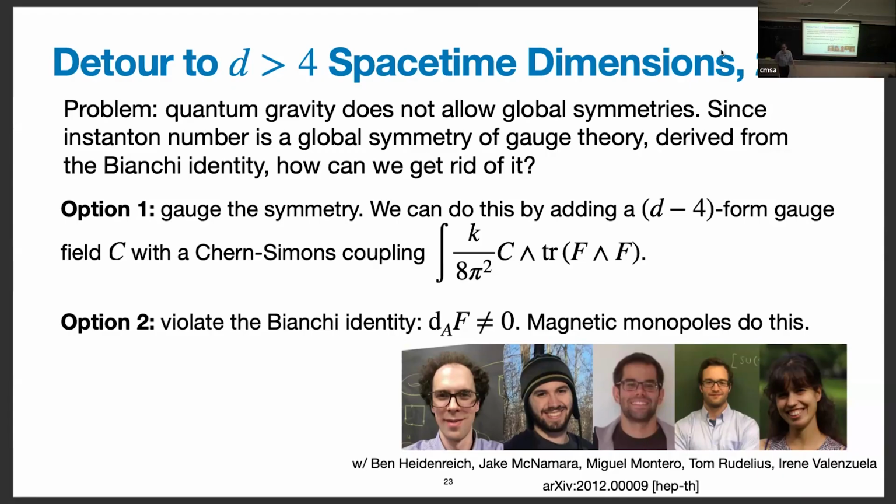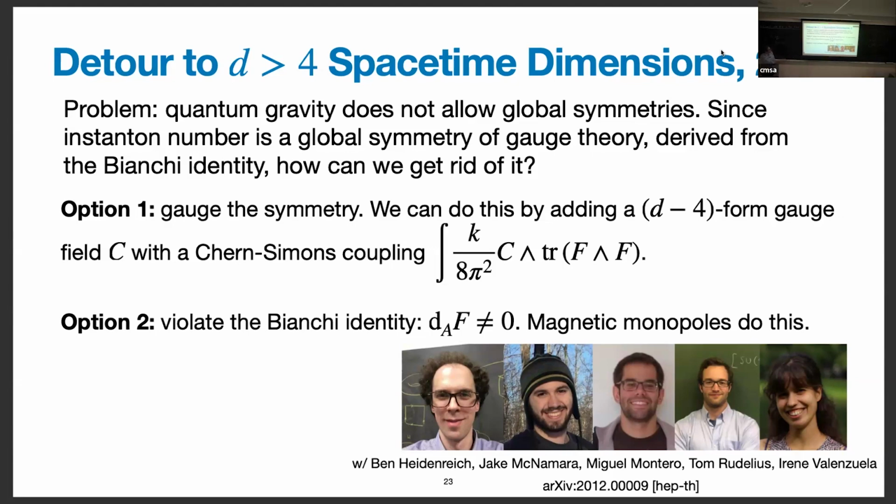There are black hole arguments. There are holography arguments. And so something is wrong with the belief that gauge theories have these symmetries. These gauge theories can exist inside string compactifications, but string theory is a quantum gravity theory and it shouldn't have these global symmetries. How do we resolve this tension? And there are basically 2 options. If you have an unwanted symmetry, it had better either be gauged or broken.